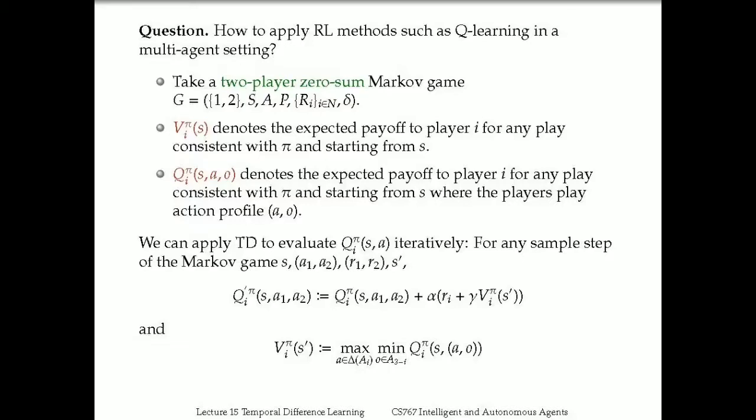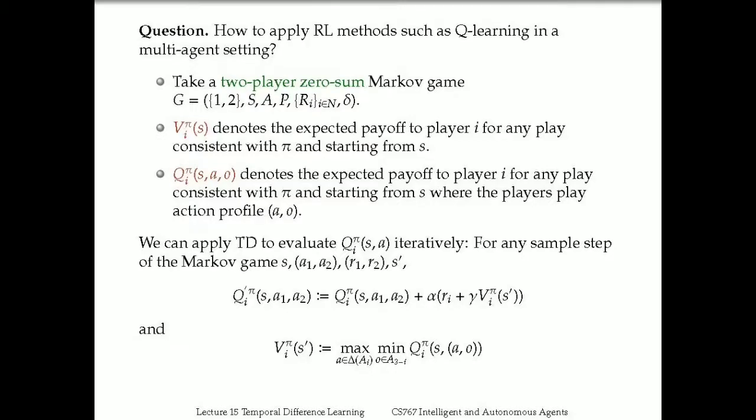Right. And now essentially we can apply temporal difference learning to evaluate this function Q_i^π iteratively. So essentially the strategy evaluation problem can be solved in exactly the same way as for the single agent case. We just need to think of any sample step of the Markov game starting from s, given the action profile a1, a2, given the rewards to the players r1, r2, and given the next state s prime,